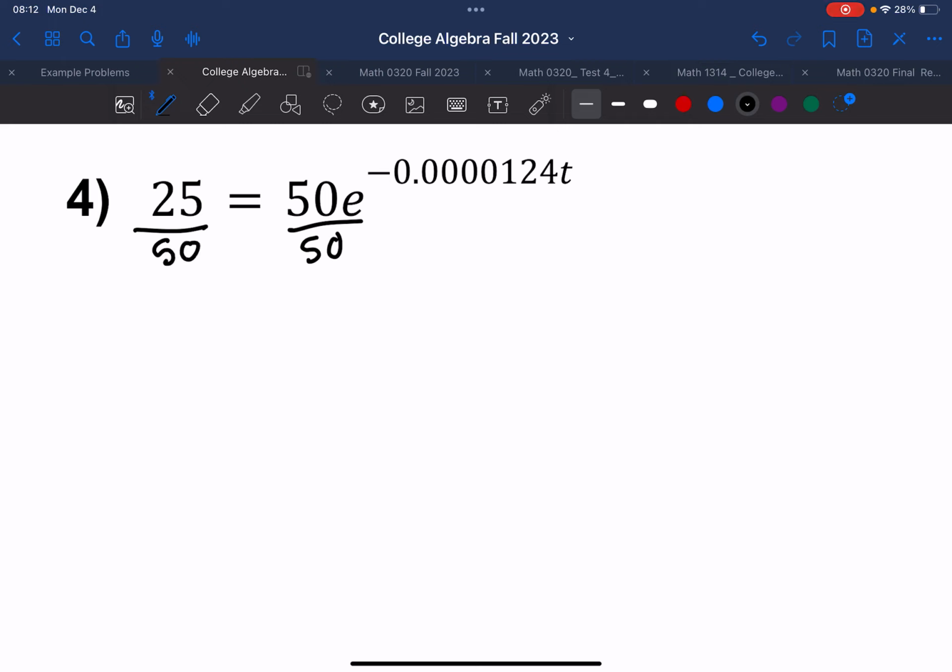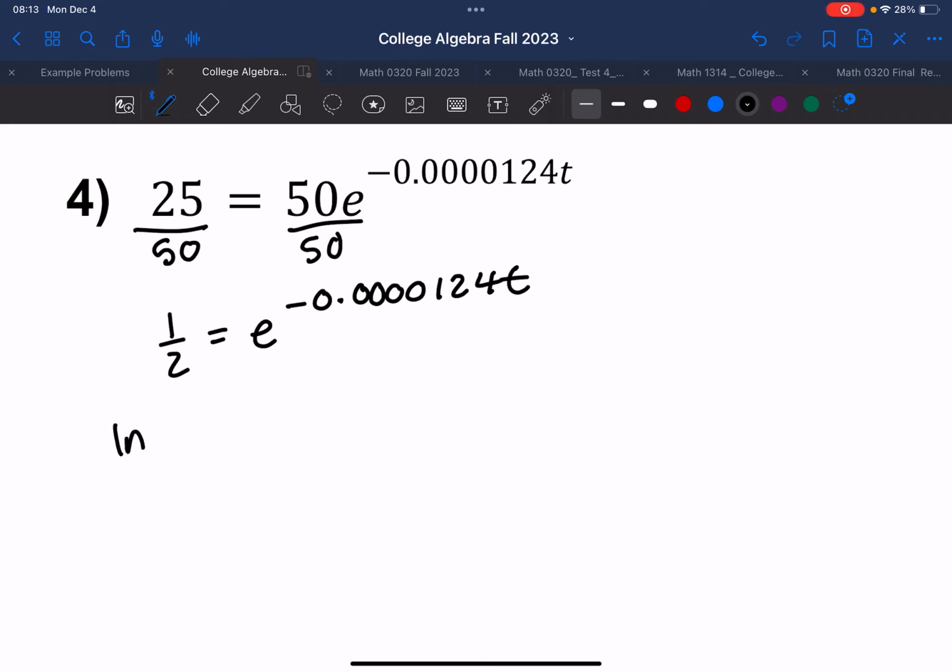25 divided by 50 is 1/2. I'm going to go ahead and keep it as a fraction for now. So 1/2 is equal to e to the negative 0.0000124t. Now that I have my e value by itself, I'm going to take the natural log